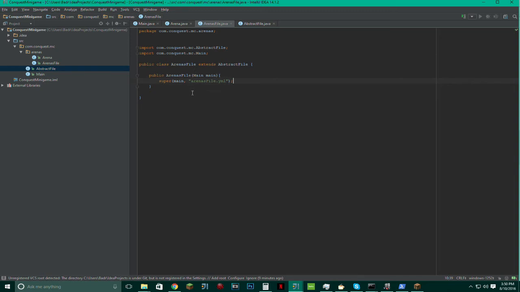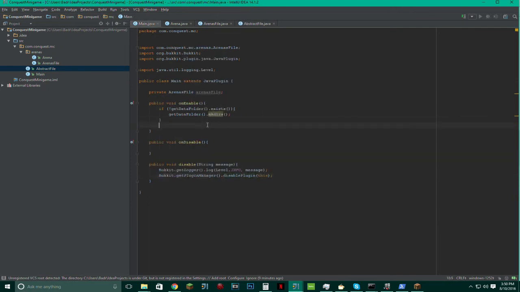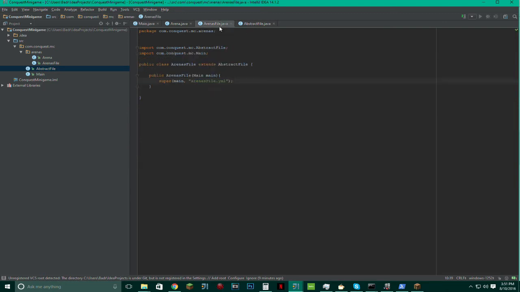Okay, so now we have the arenas file set up, so it should create the file once this arenas file equals new arenas file. Alright, so if I were to launch this right now, it should create an empty arenas file, and let's have right here